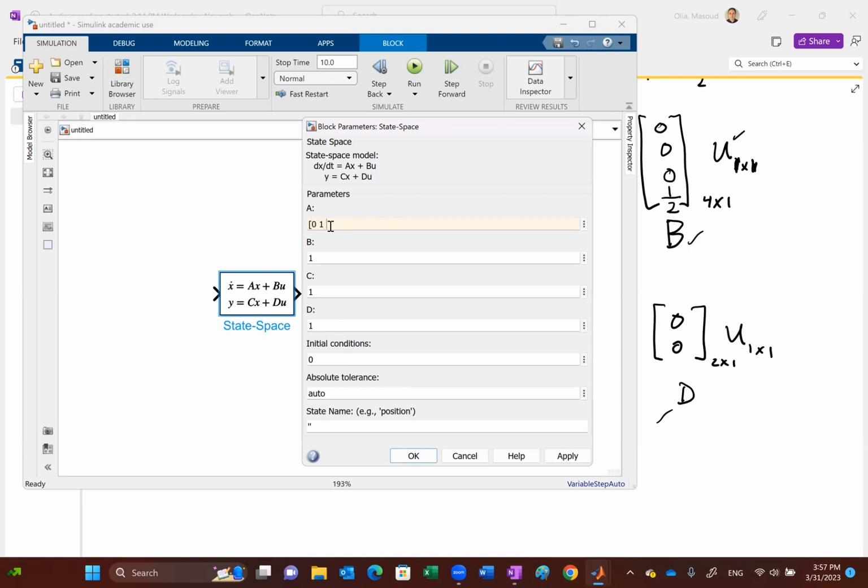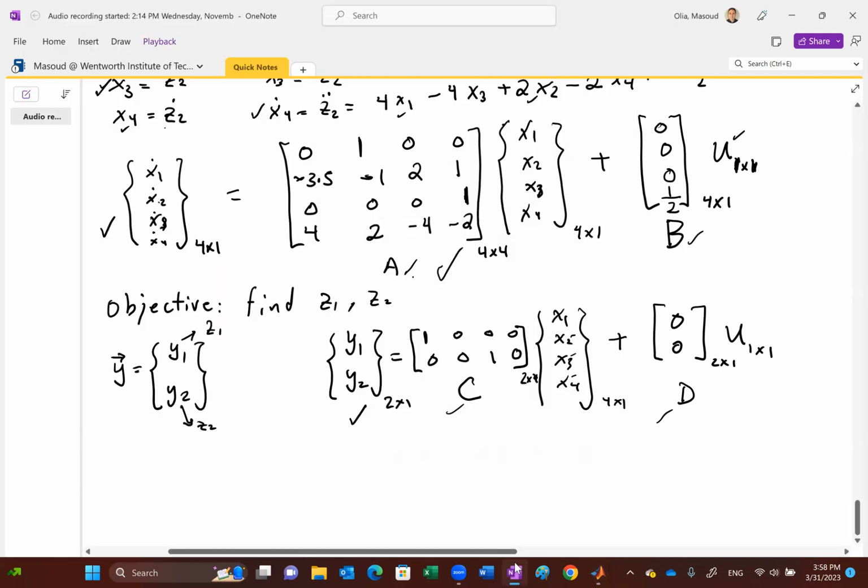So 0, 1, 0, 0, semicolon, and a minus 3.5. And this is the second row. Make sure you put 8 spaces, minus 1, 2, 1, semicolon again. Third row was 0, space 0, 0, 1. And then finally, the last row was 4, 2, -4, and -2. And that's it. That's your matrix A. Now, if there is something wrong, obviously it will prompt you for that. Now, matrix B, if you recall, was a 4 by 1. Here we go, 0, 0, 0, 1/2, right? Right here. Okay, so let's go back to our